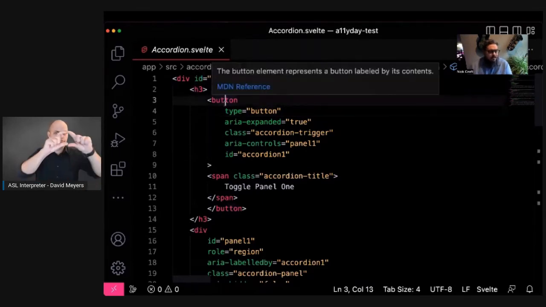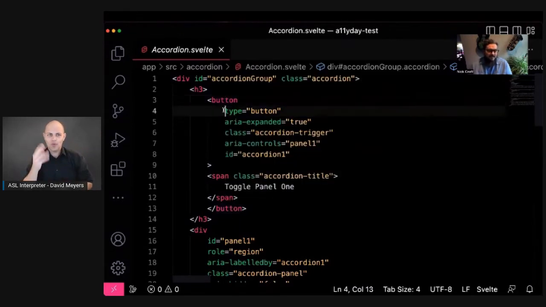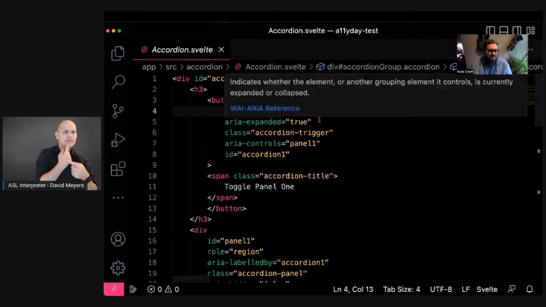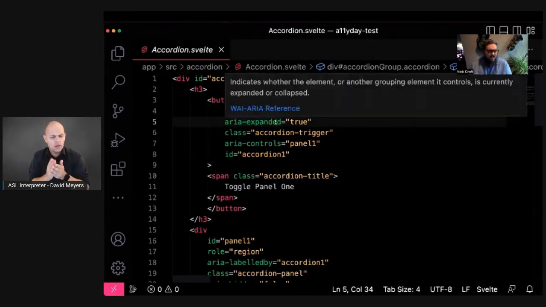And then we have a button. Again, it's really important that we use a button. We'll talk about this some more later, but we get some free stuff because it's a button. And the type is being declared. That's not necessarily specifically required. I pulled this from the WCAG ARIA guidelines, as they had these different components, and I've modified it some, but I left in a few of the things that they had there.